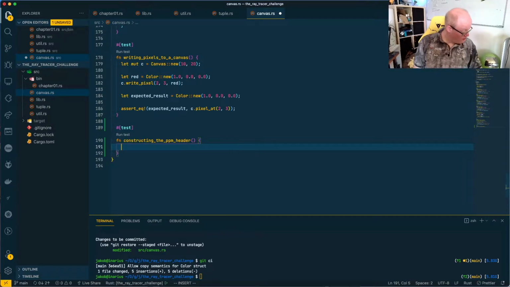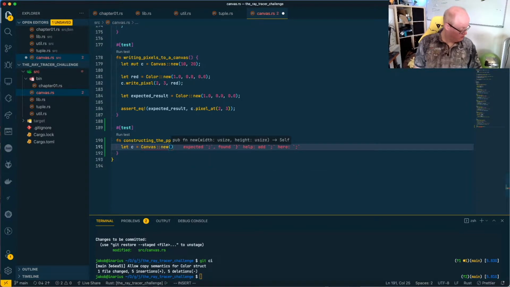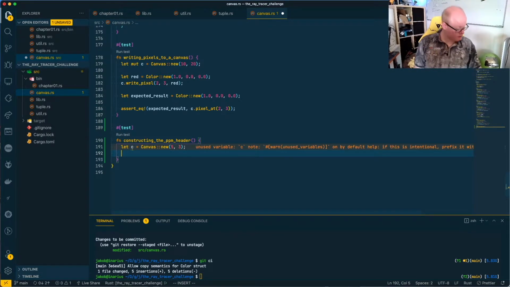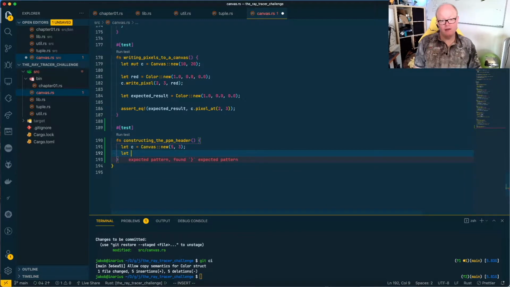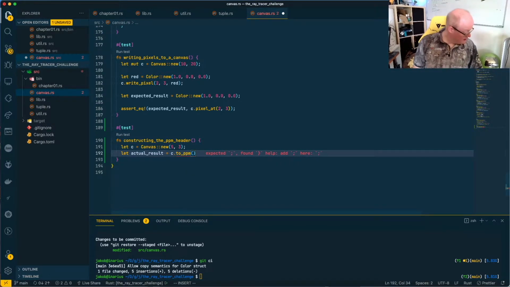And the scenario here is we actually have, I see, a canvas. So let's see, canvas new. It is supposed to be 5 by 3 pixels. And yeah, we are actually letting the actual result be c dot, let's call the function to_ppm, I guess,